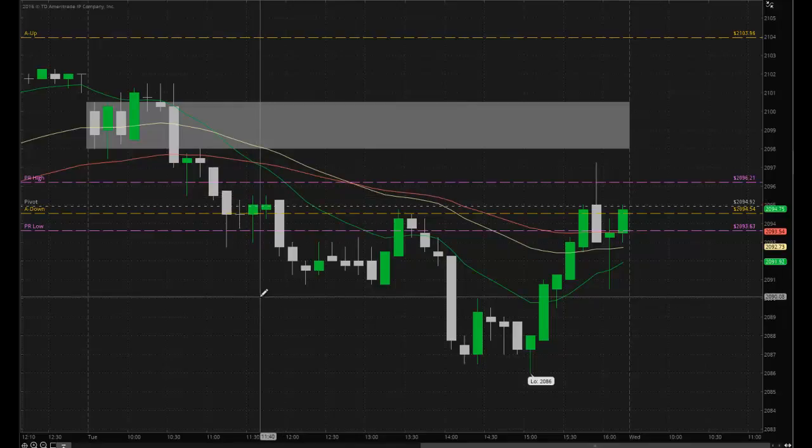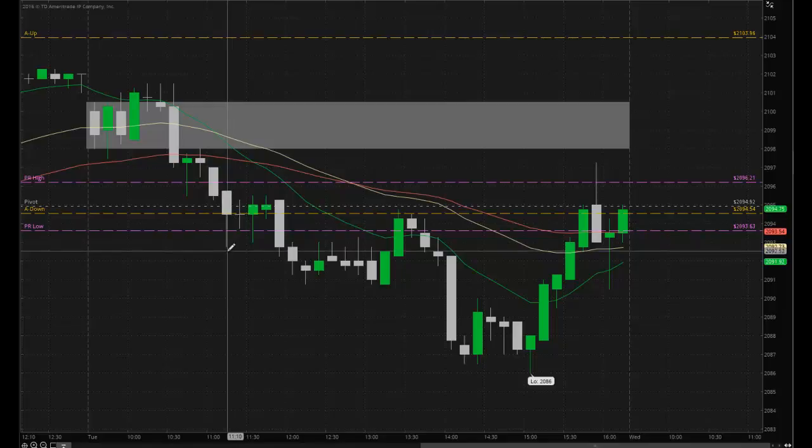Now, a little clue, okay, to help you out. If this bar here pierced the bottom of the pivot range, and then you confirmed the A down, that is an A down through the pivot range, because you have violated the bottom of the pivot range. Even though you're not through it yet, on a closing basis, it has failed, okay? So if that's the case, where's your stop? Your stop can be the top of the pivot range.